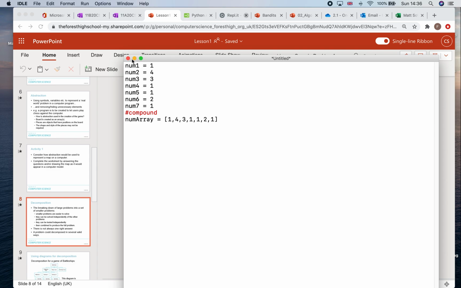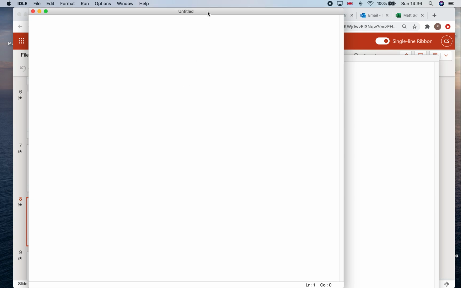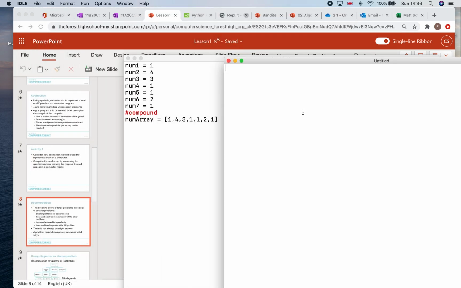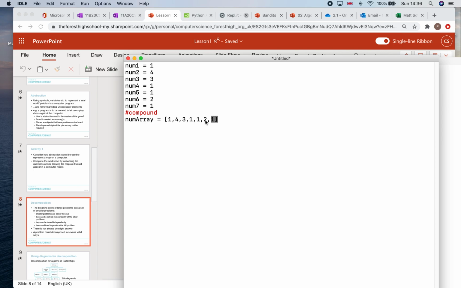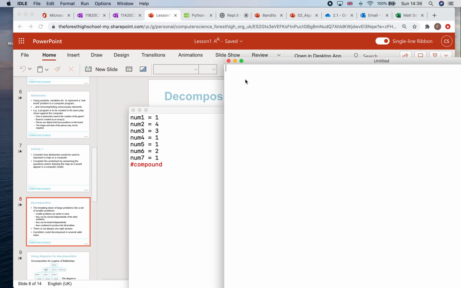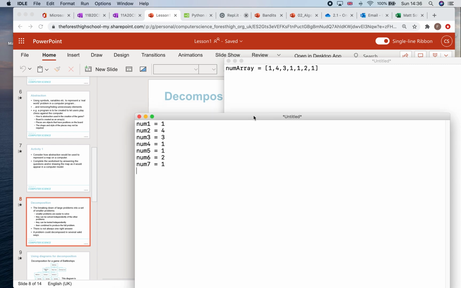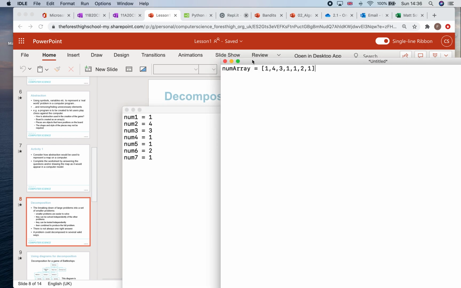So I'm going to start a new program, and what I'm going to do is just cut this from here and put it in my new program. So I've got two programs running sort of side by side so you can compare them. So at the moment you should be able to see that I've got the numbers 1431121, 1431121 in my array and in my